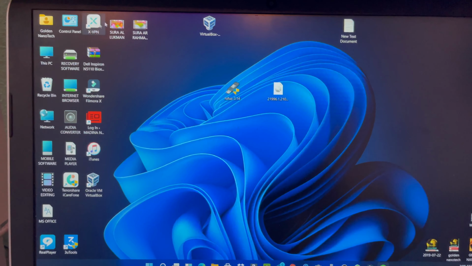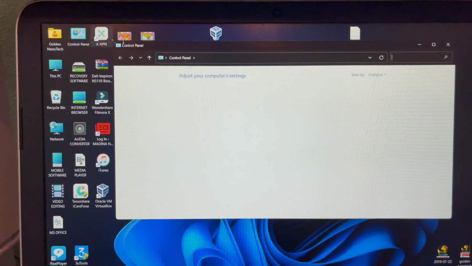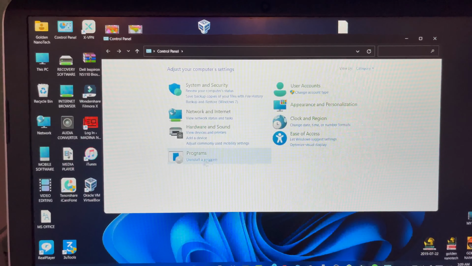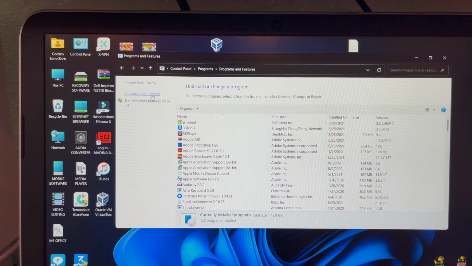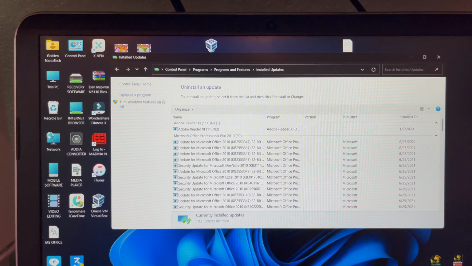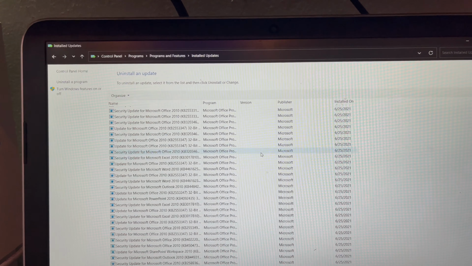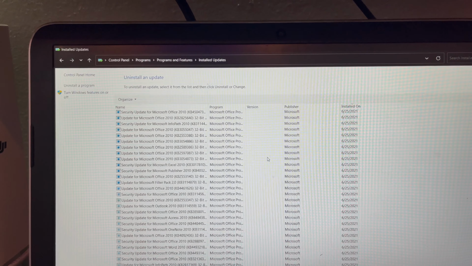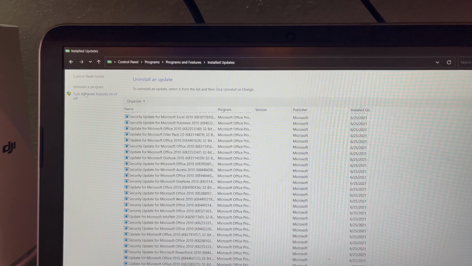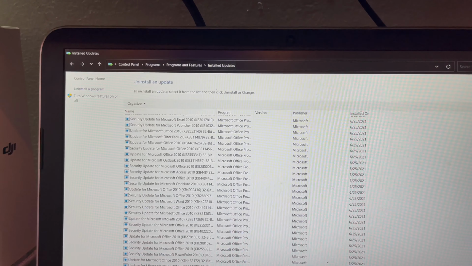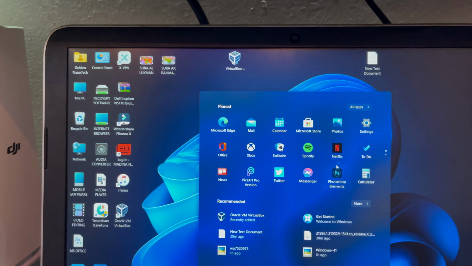How to uninstall Windows 11 on your laptop? If you want, just go to the control panel and go to uninstall programs, and here is view installed updates. Here is the updating program, you can see. If you don't find it, you just go to the settings. Here are the settings,